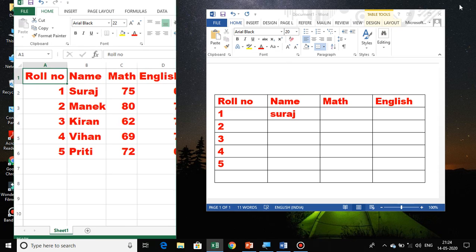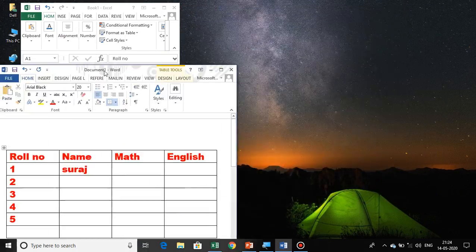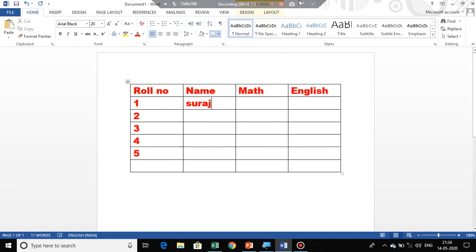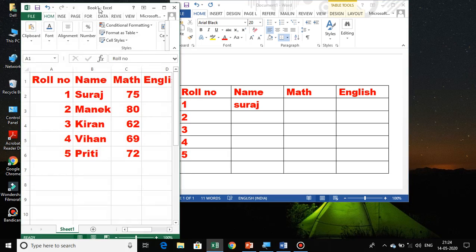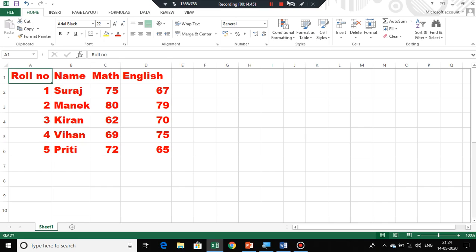Okay, next is shake. If you want any window on the whole screen, just shake it. Shake it means press and hold the left mouse button and just shake like this. It takes the whole screen. Look at this. Just shake it and it takes the whole screen. Got it everyone? Suppose I have Microsoft Excel, I want it on the whole screen, so just shake and release the mouse button.